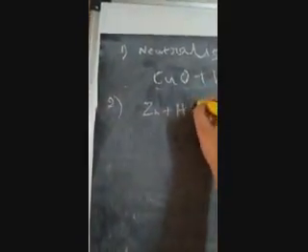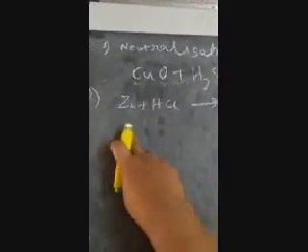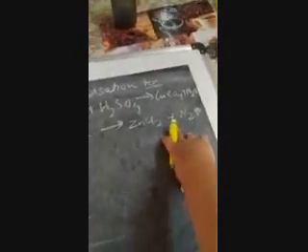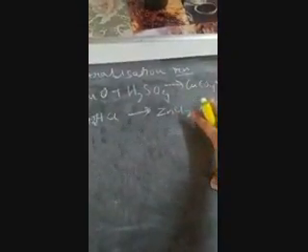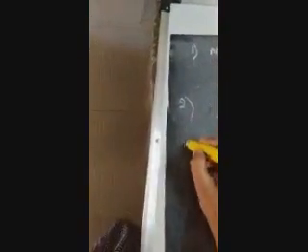Next comes the reaction of active metals with acids. We know that when an active metal combines with an acid, it liberates hydrogen and the corresponding salt is formed. So zinc will combine with hydrochloric acid to give ZnCl2 plus hydrogen gas escaping. This type of displacement reaction takes place when one of the products is either gaseous in nature or insoluble, that is, it precipitates down. This is your active metal with the acid.